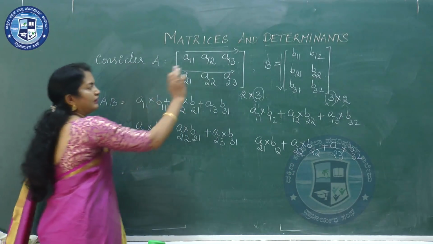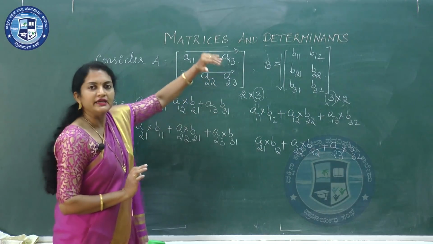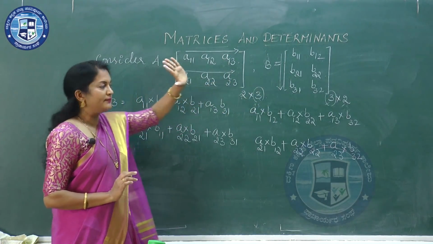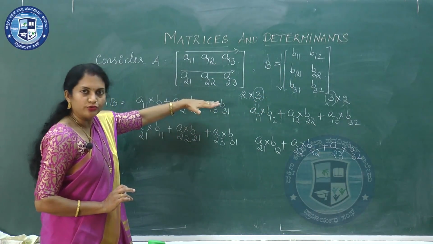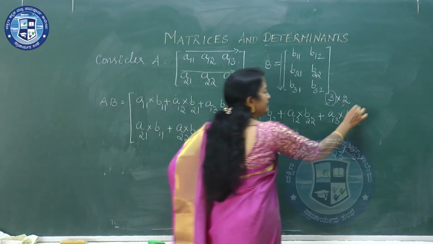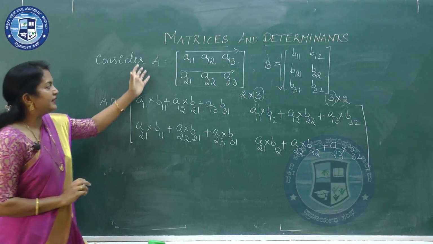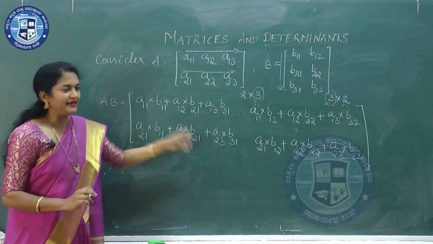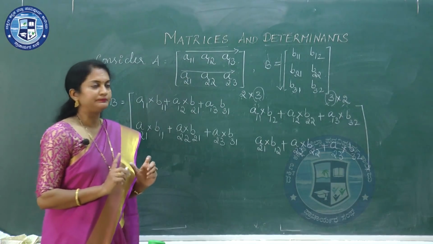So with this both the columns are multiplied, hence the multiplication is completed. First row we multiplied both the columns, with the second row we multiplied both the columns. Now there are no more rows, so we will stop now. Our multiplication is now completed. So this is the multiplication of the matrices A and B, the product AB we will be getting like this. I'll explain once again how to do the multiplication.